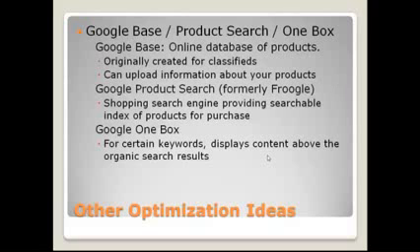And here's some other additional optimization ideas. Google Base, or the product search. It's an online database of products. It was originally created for classifieds, but you can upload information about your products. Their product search, used to be Froogle, is a shopping search engine providing a searchable index of products that you can buy. And what's cool about that is, because it's in Google, it just has a little bit more trust, because it's like, oh hey, this is in Google showing me this, so people are more likely to purchase